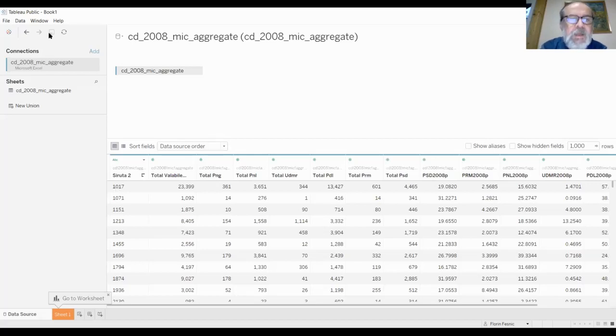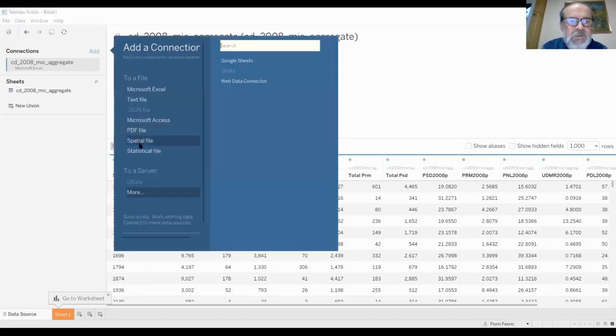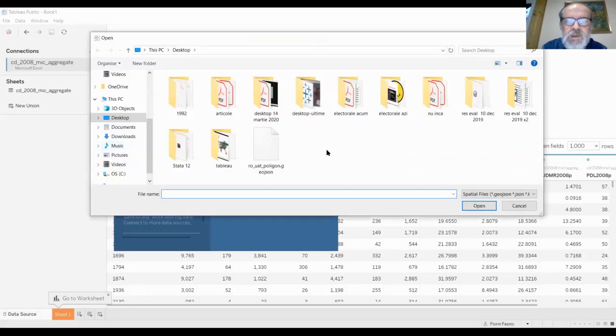Okay, now we want to add the other data set or whatever it's called. So we click add and we choose spatial file. And here we have the spatial file.